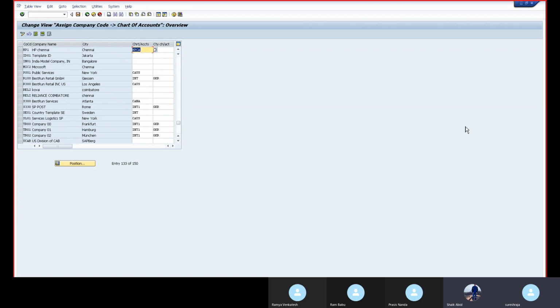Like that, they will design the numbers for assets, liabilities, expenses and income. Here also we will design our own. Where we will design means in this step, assign the chart of account in account groups, /n